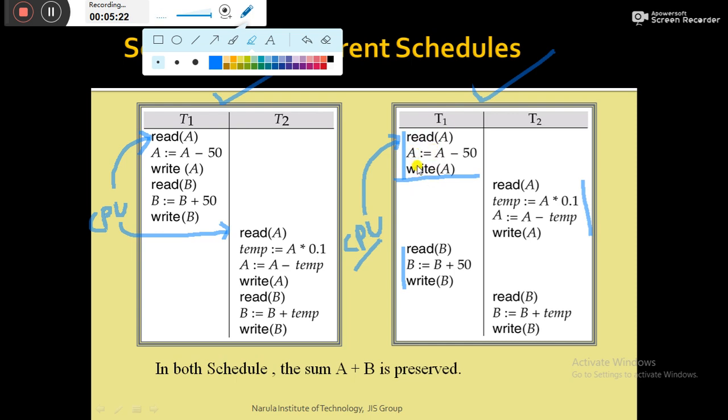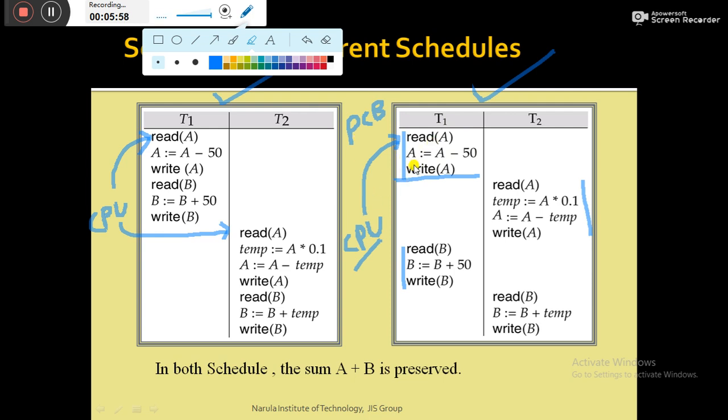the CPU releases the transaction T1 and then performs the context switching. Context switching means the CPU saves the state of transaction T1 in the PCB. I have already discussed the PCB in the last lecture. PCB is the process control block. It is a data structure where the CPU stores all the state of transaction T1. So when the CPU releases transaction T1, at that point of time it saves the current state of transaction T1 to the PCB data structure. This is known as a context switch.